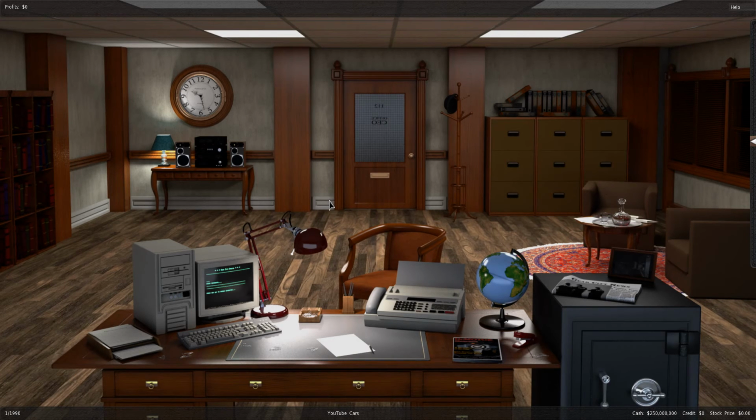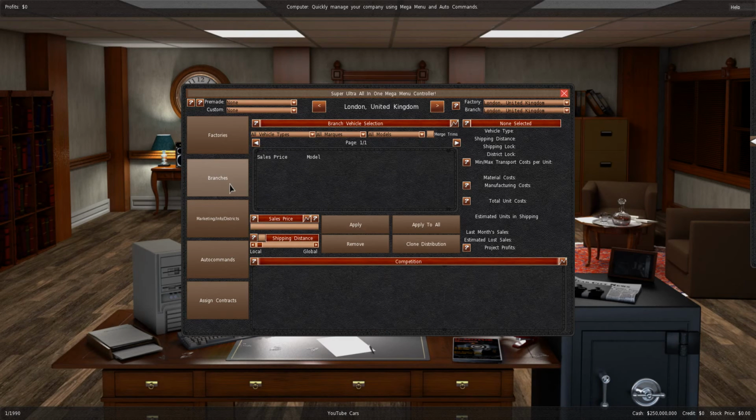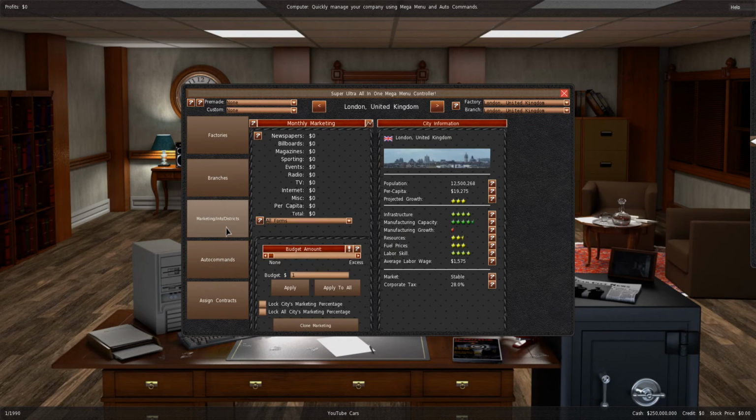Anyway, so you're presented with your office. The office is basically a menu. You can click on your computer, you can click on your phone. And the first thing I recommend you do is click on your computer. Now here you come up with your home base, London, United Kingdom, and you've got where you produce your cars, factories, where you sell your cars, your branches or dealerships, what you want to call them, how you appeal to customers, your marketing,